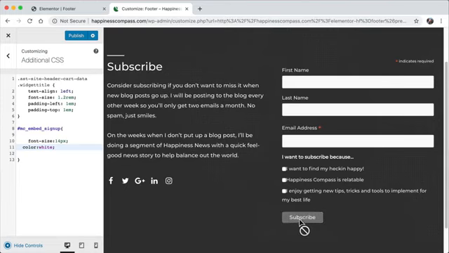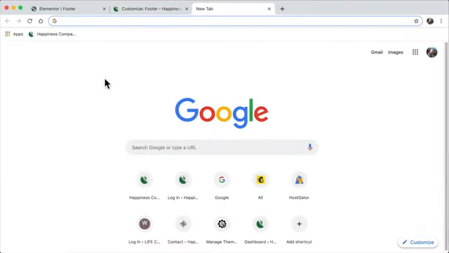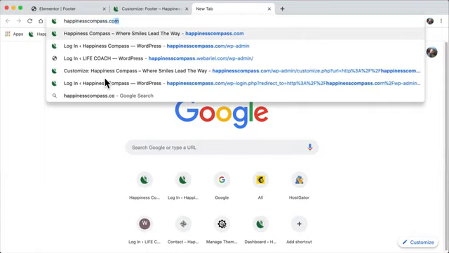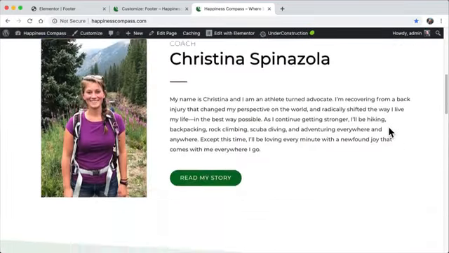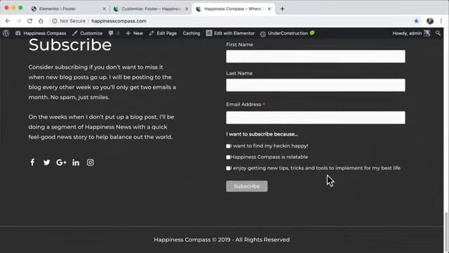All right, but how will we change the subscribe button? Let's go ahead and publish that. Let's open up a new tab, and let's go to happinesscompass.com or wherever your website is. Scroll down, and there's an even better way to control your CSS in a much easier way. For this, we're using the browser Google Chrome, which I recommend anyways. It has some developer tools already with it in every single desktop version, maybe not the mobile version, that will allow you to more easily change the